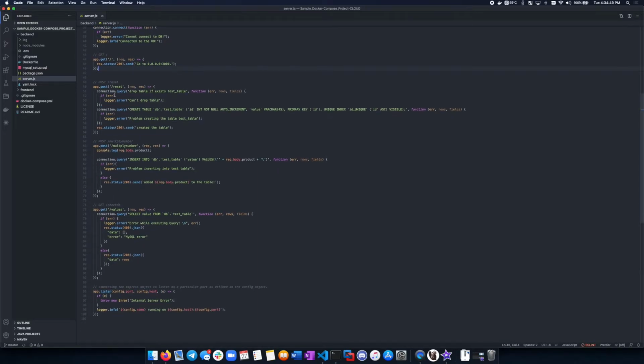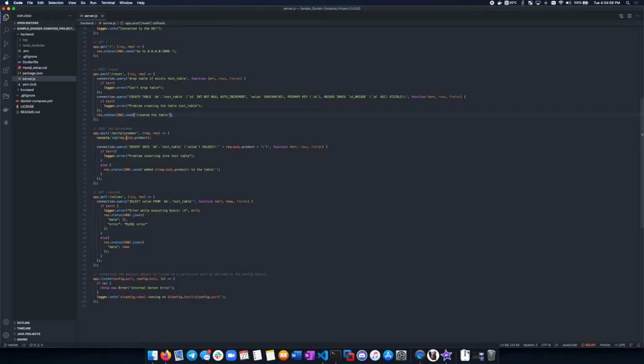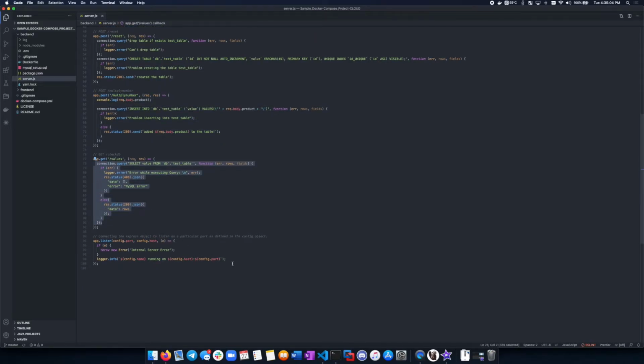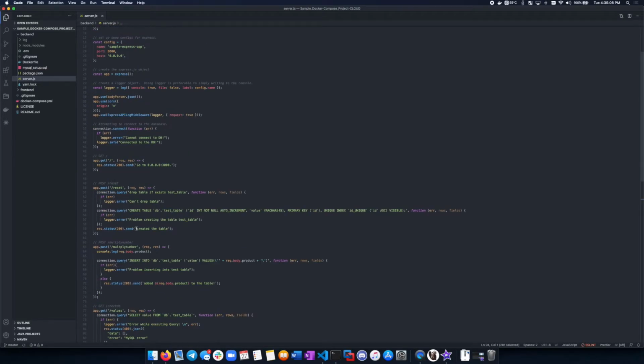And then underneath that, we have a post request. This is the one that resets the table, right? So you see a bunch of SQL stuff there. Here's the one that actually inserts the value, the multiplied number. And then this is the one that returns all of those values. And then at the bottom here, we have the listen function, which actually listens to the server. One thing that I want to note is that